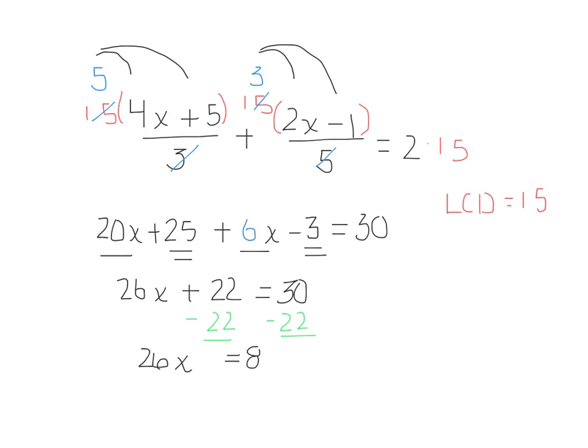And then we have some multiplication to undo with division. And so we're going to need to divide both sides by 26. And we'll get x is equal to 8 over 26, but that reduces to 4 over 13 because they're both divisible by 2. As always, we can take that answer, 4 over 13, plug it back into the original equation,